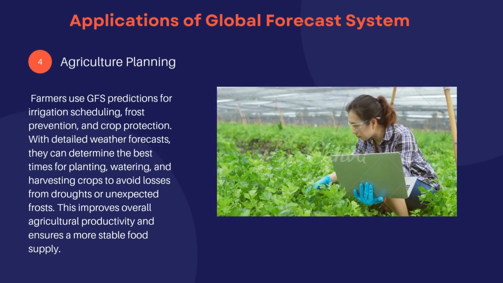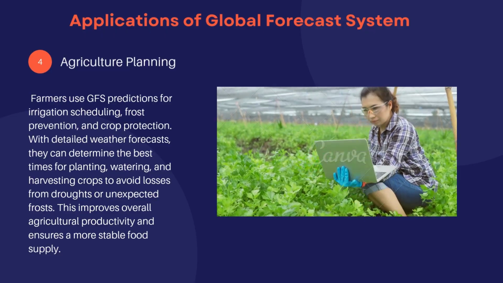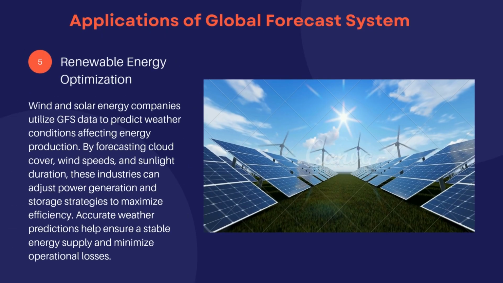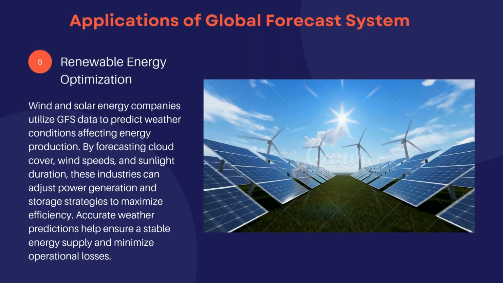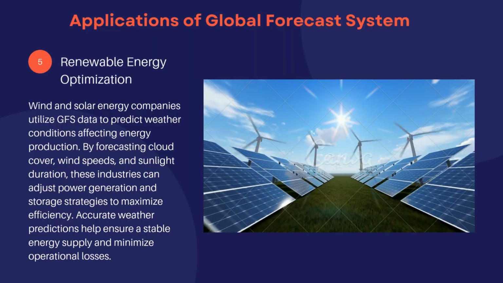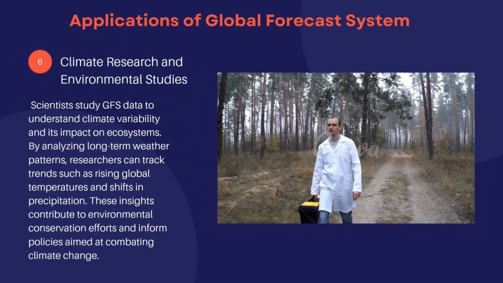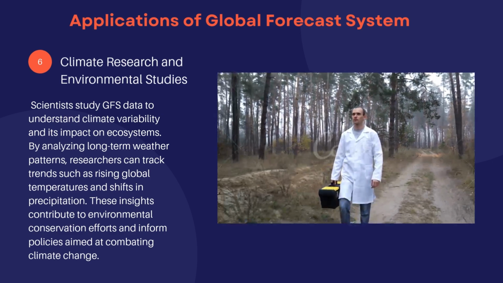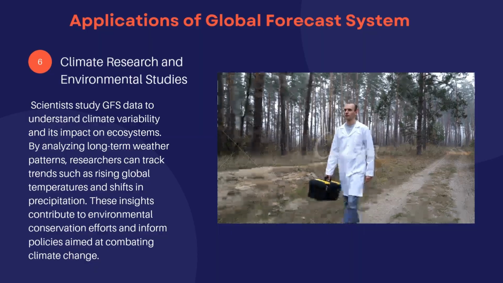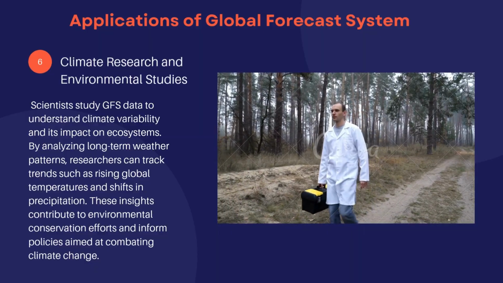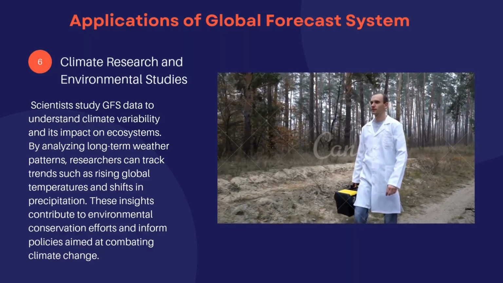Agriculture planning helps farmers determine optimal times for planting, irrigation, and harvesting to protect crops from extreme weather. Renewable energy optimization supports wind and solar energy industries by forecasting weather conditions affecting power generation. Climate research and environmental studies aid scientists in analyzing climate trends, helping shape environmental policies and conservation efforts. The Global Forecast System (GFS) remains a critical tool in meteorology and environmental science, providing accurate and timely weather predictions